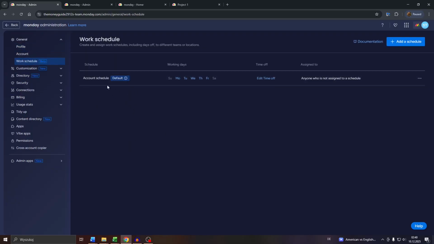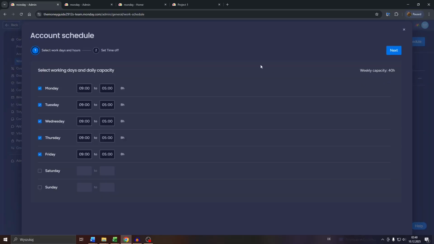So here you see a list of your current schedules. You can create new ones if you like, or simply edit one of your existing ones. So here to the right, you will see a section called time off. You can click into edit time off, or alternately, you click into these three dots, select edit schedule, and here